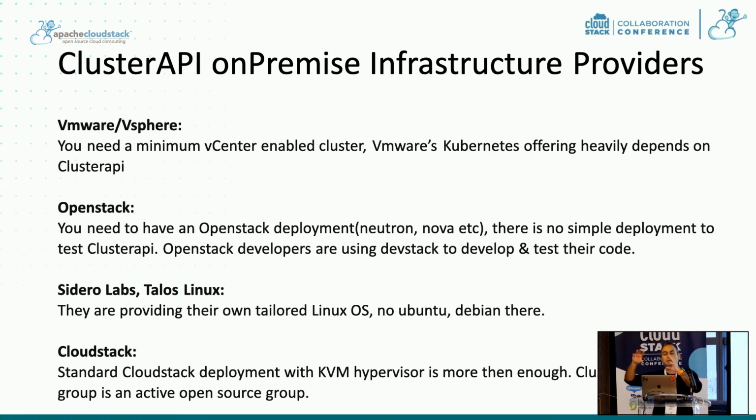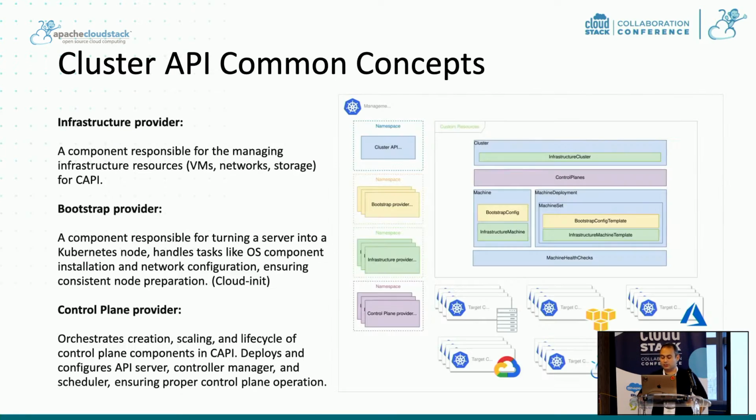Privately means individuals maintain them. They are open source individual projects. Of course, there is one Cluster API core solution, but it works with infrastructure providers. And I checked the Cluster API CloudStack solution, and I noticed that there are contributions there. It is active, and also I found a video